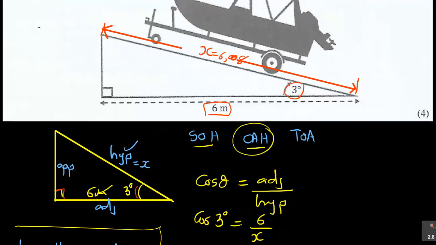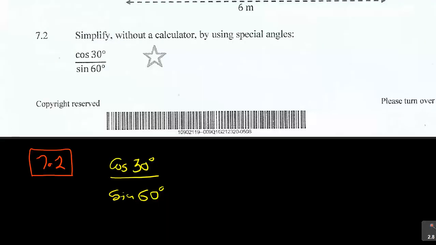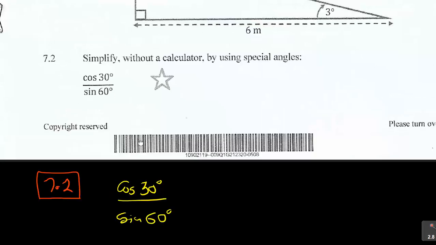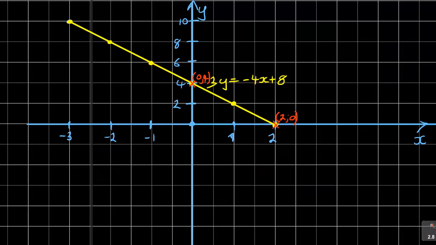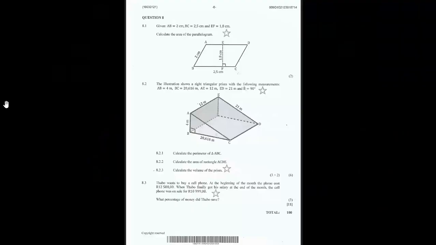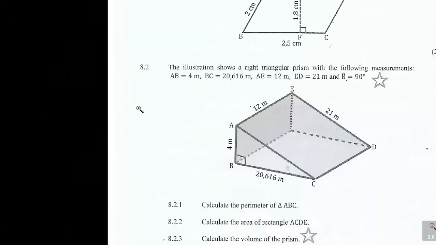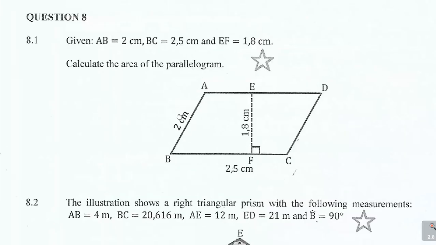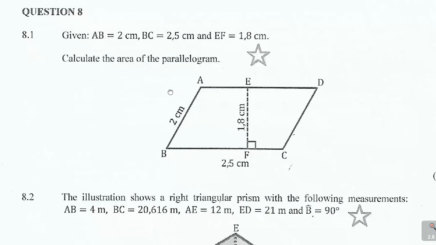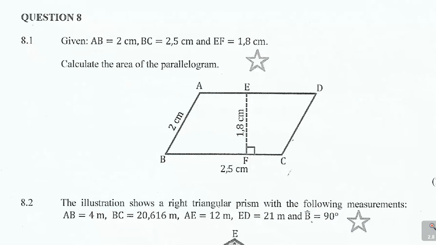As I was saying, guys, this was almost towards the end. So this was 7.2, and you can see it is 7 marks. So this is the end of question 7. Let us look at question number 8. So we are now in the final stages of this paper. This is the last question, and I'm just going to wrap it up in a few minutes' time. Now question 8 is interesting, guys.